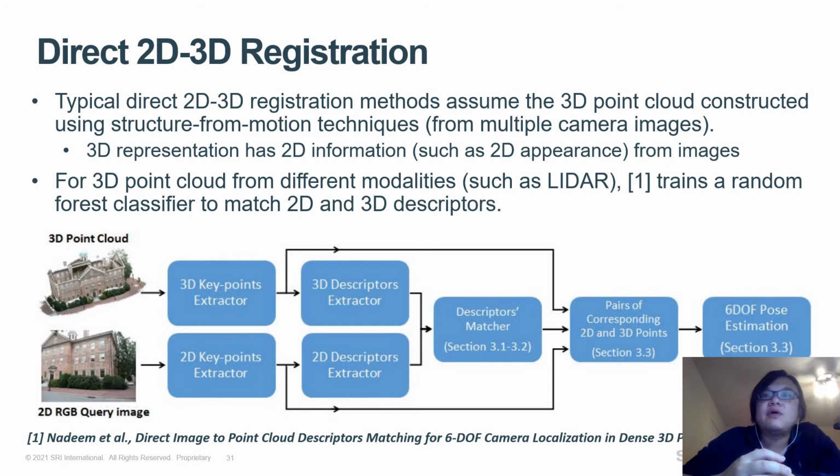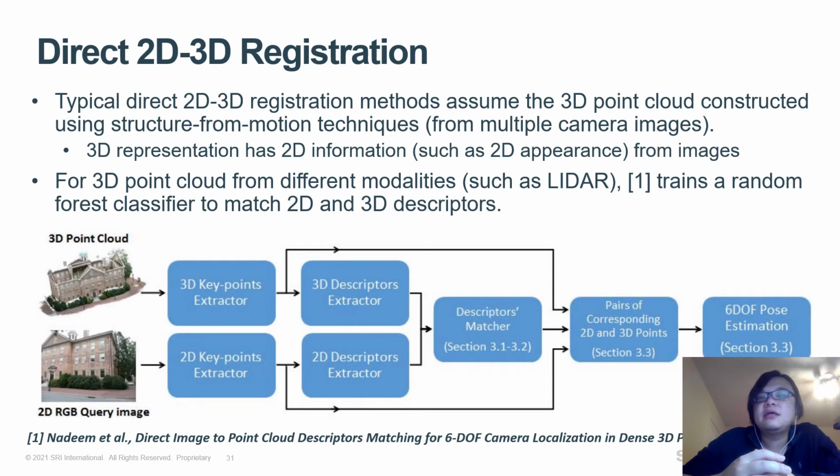That means it's from multiple camera images. So through that construction process, the 3D representation has correspondent 2D appearance information from the